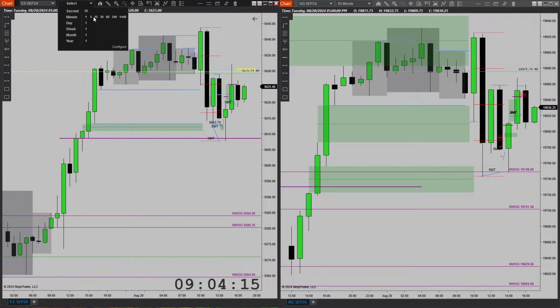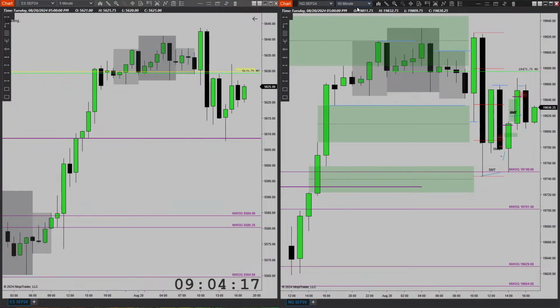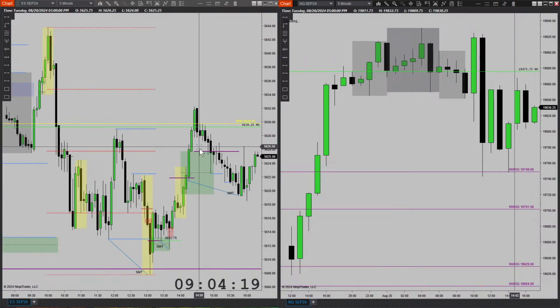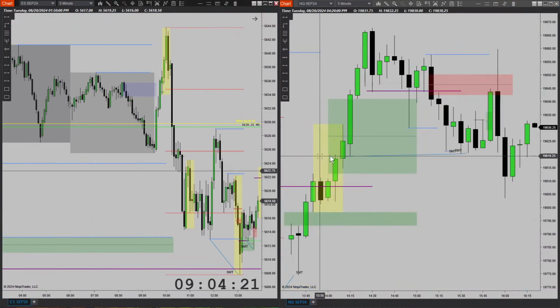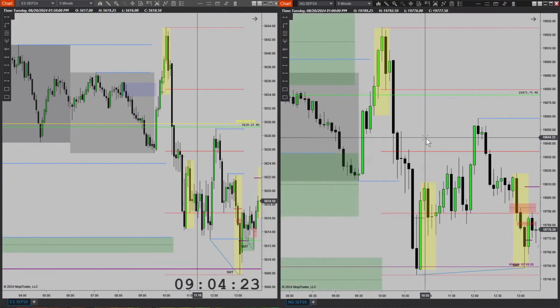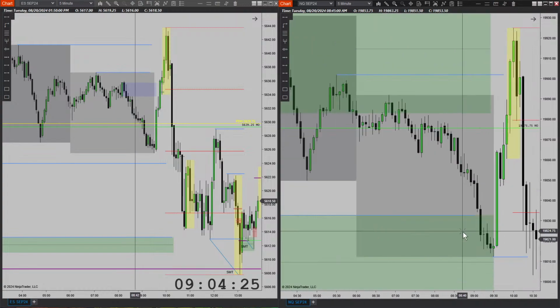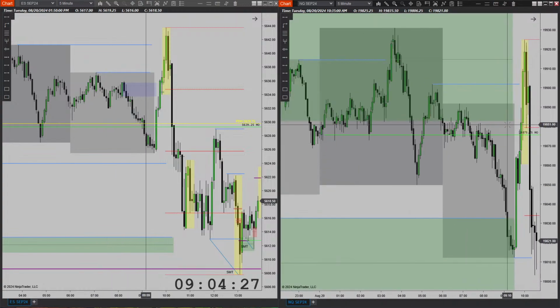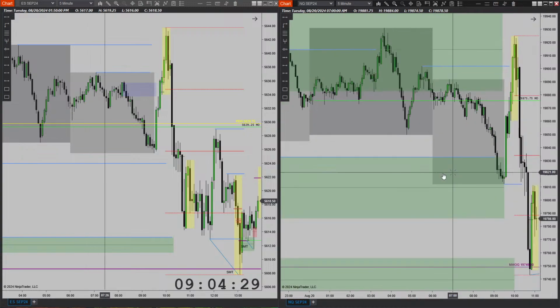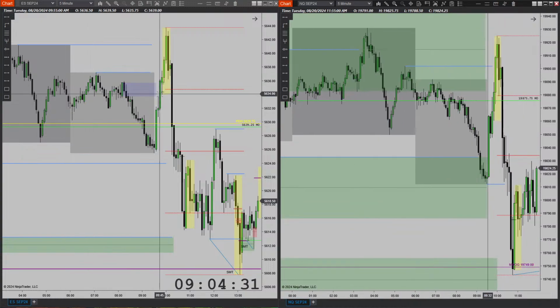So right after the open, we had displacement. I'm just gonna go straight into what I did right after the open. Right off the open, I was looking for some sort of displacement, similar to last Friday, where price displaced, retraced, and then we entered at the 11 o'clock macro. Only this time, though, it displaced higher. And here on the 5 minute, I noticed that price closed above this breaker here.